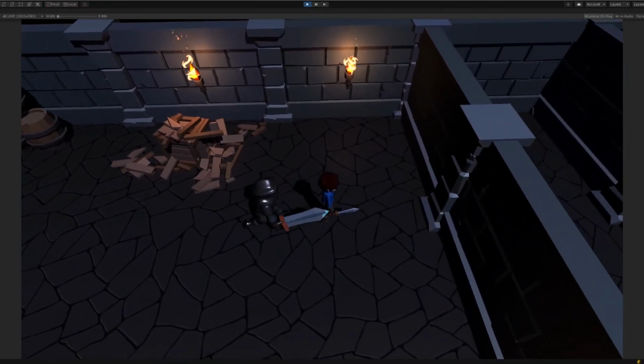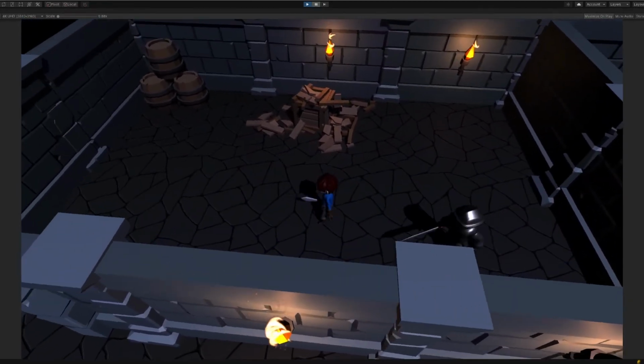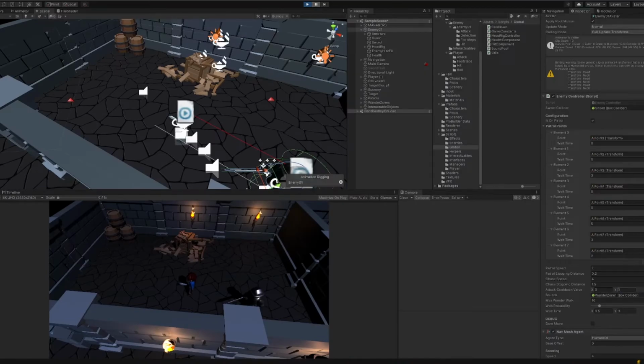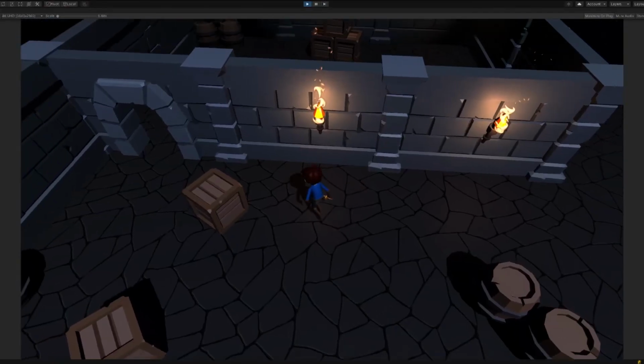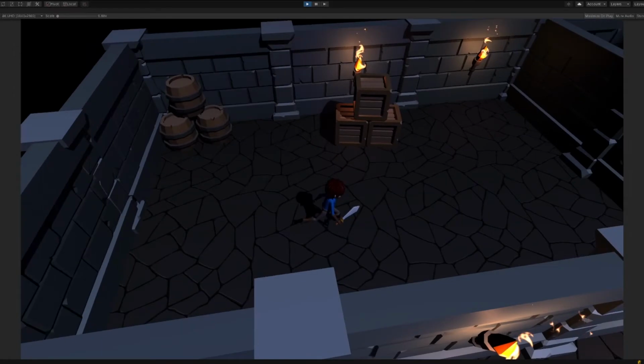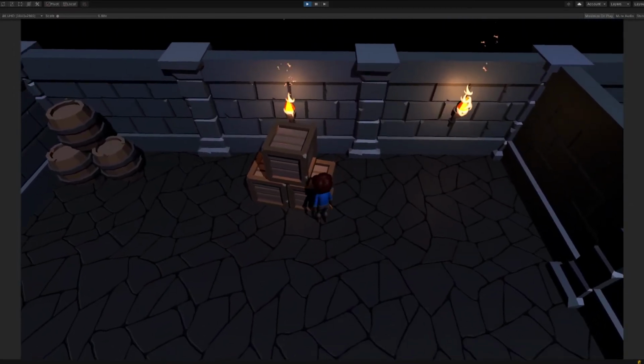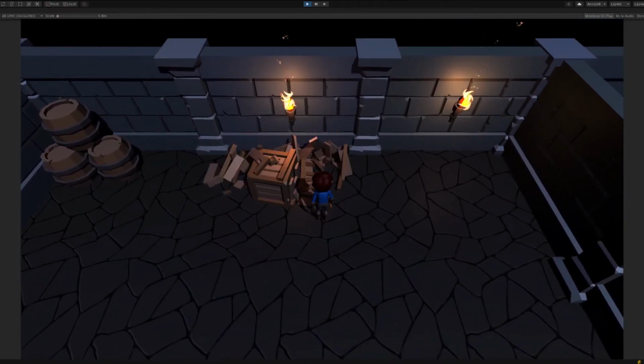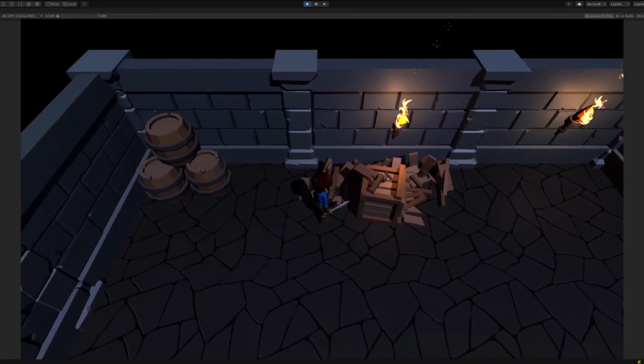The next thing I did was making some adjustments to the destructible crates. Remember what I said about the physics engine running for each plank of the crate? This is, without a doubt, a bit expensive. So I fixed it by disabling the physics of the planks the moment they touch the ground.